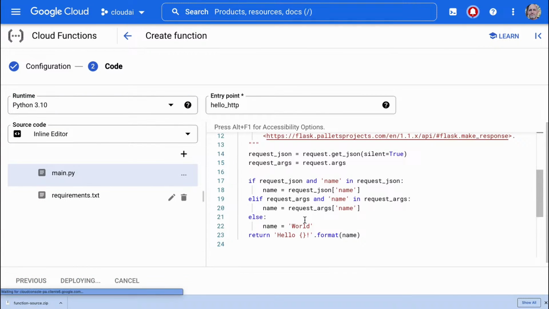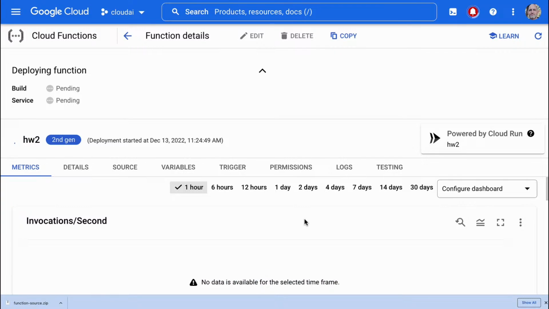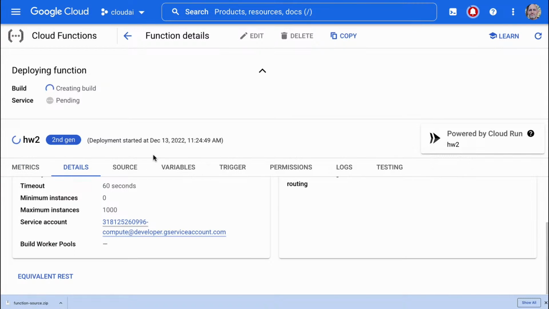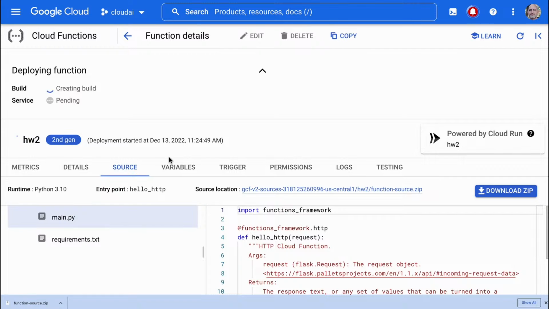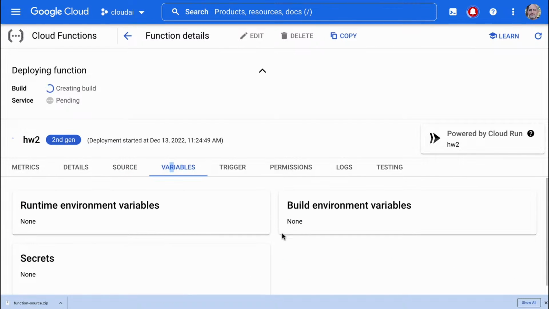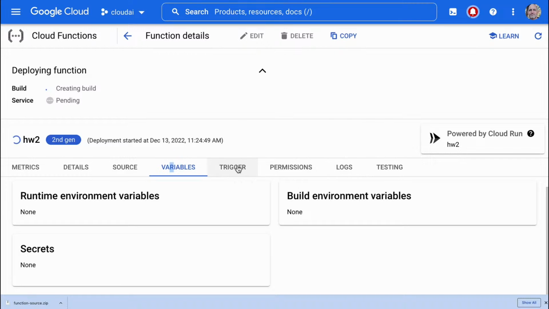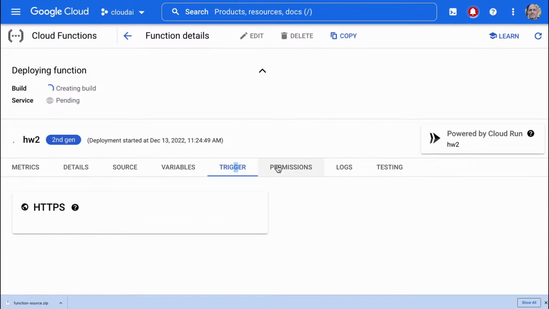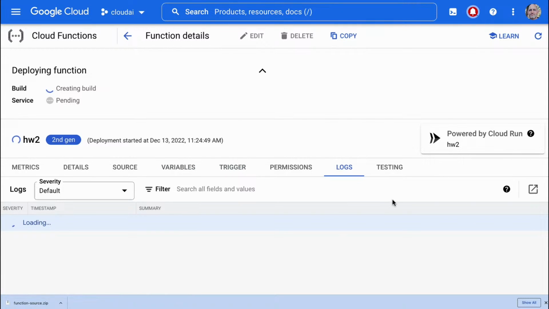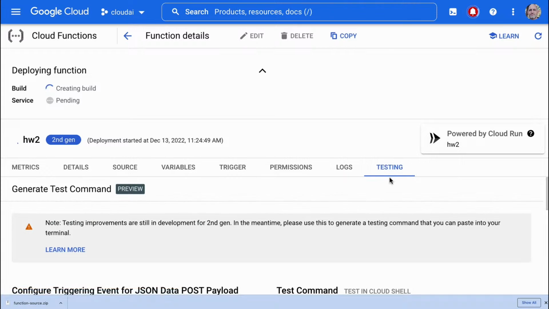That's how I typically would debug something, is does anything work? It should just take a second to invoke it. And we can look at the details here. Look at the source code, which is kind of nice. We can look at the variables, see if there's anything inside of here. The trigger, in this case, to be web, the logs, and the testing.